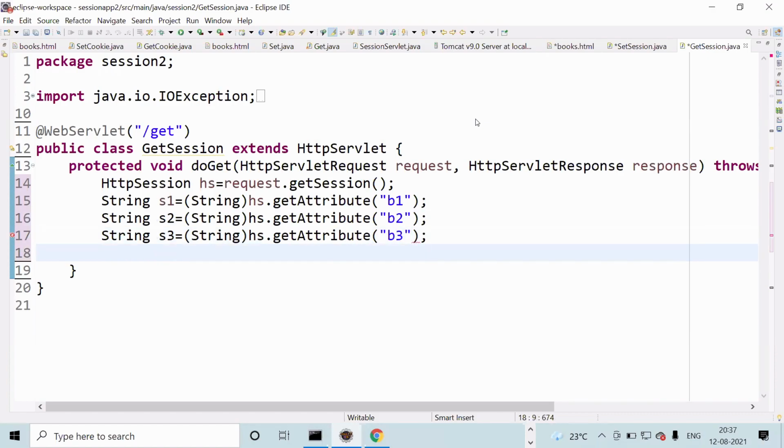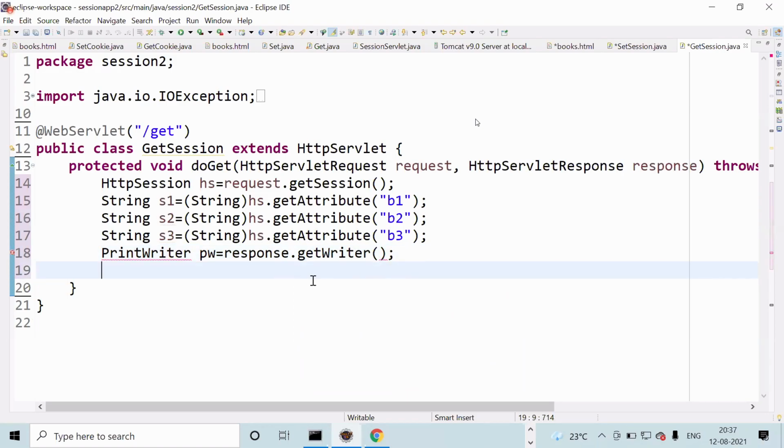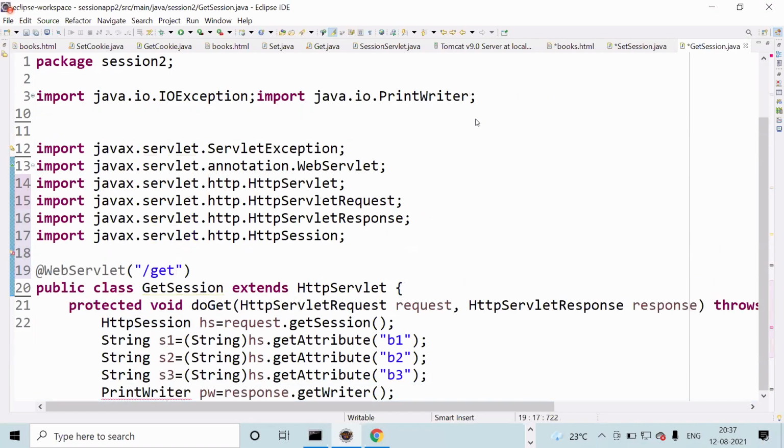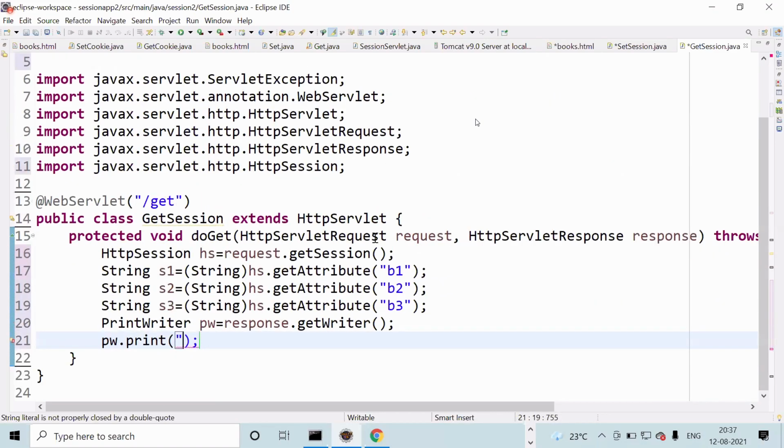After this, if it is not equal to null, we have to print. PrintWriter pw equal to response.getWriter. Then pw.println. If you want, you can write HTML code also.